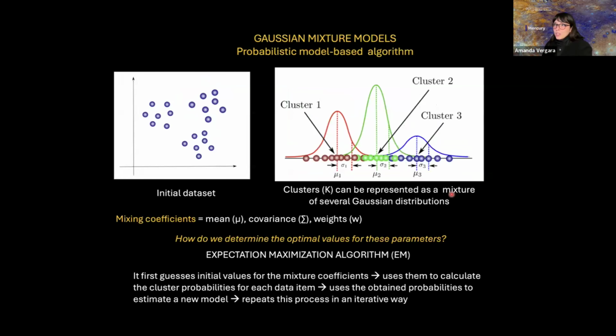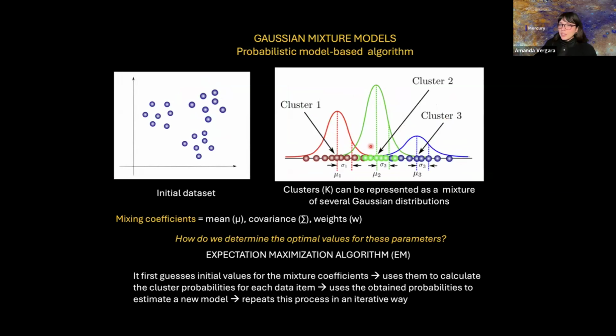In the Gaussian mixture models, instead, you assume that your data is distributed in a Gaussian, so in a normal distribution. And a normal distribution is characterized by different parameters such as the mean, the covariance, and the weights. But we do not know these parameters beforehand, okay? So with the Gaussian mixture models, using also the expectation maximization principle,